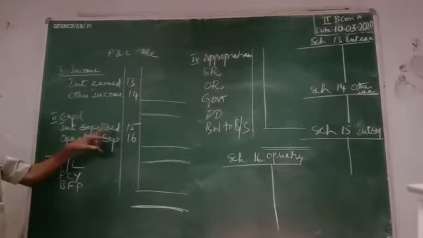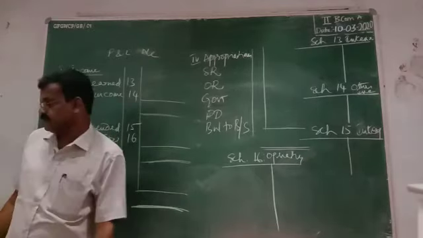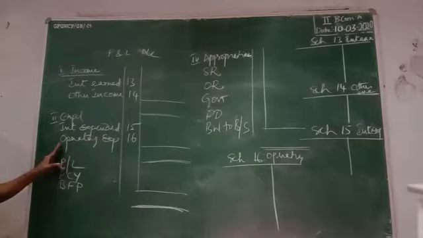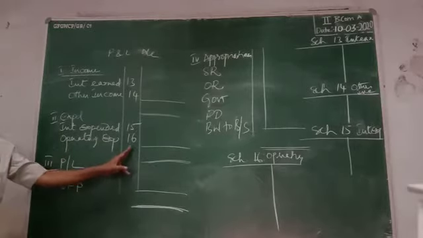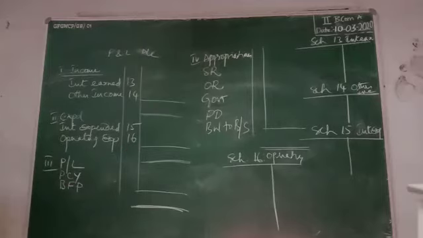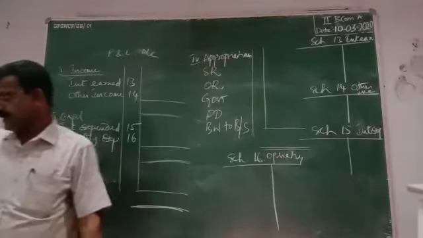And schedule number 15, interest expended. Interest expended means the interest on deposits: fixed deposits, savings bank deposits, and current deposits. And operating expenses under schedule number 16, which are the operating expenses? The employee salaries, rent, then printing and stationery,